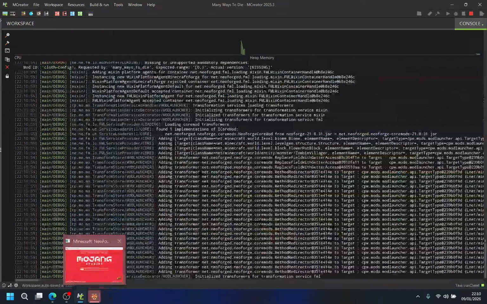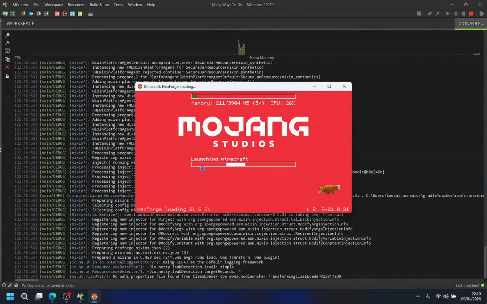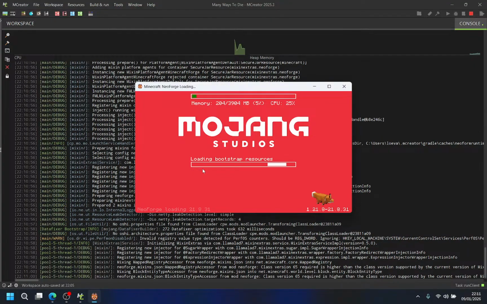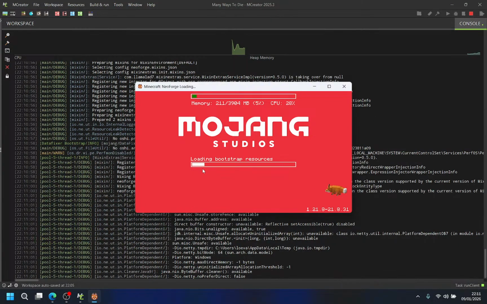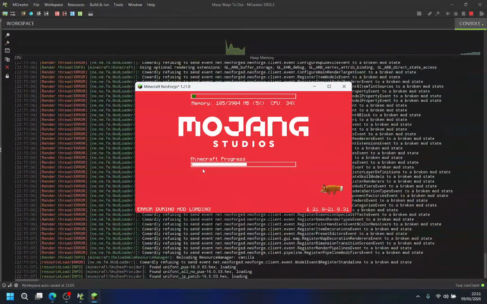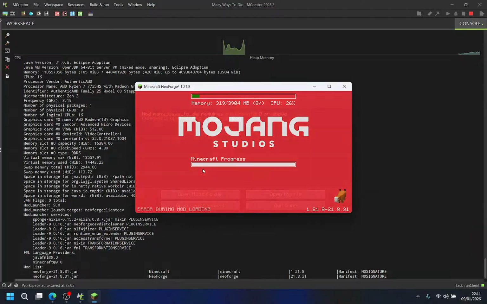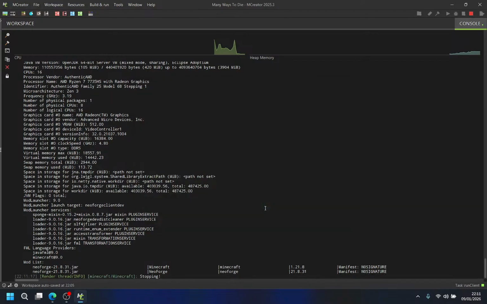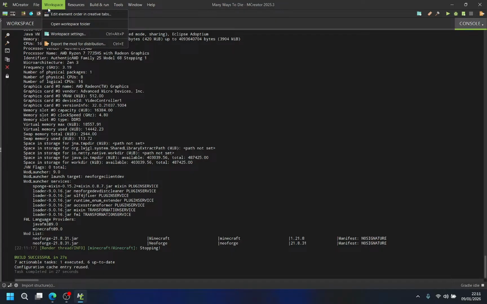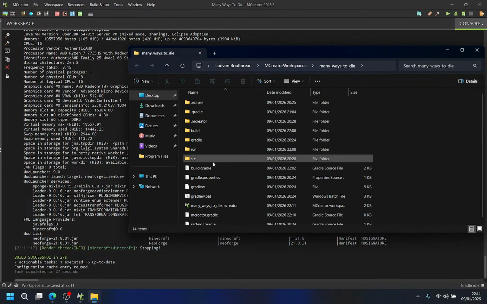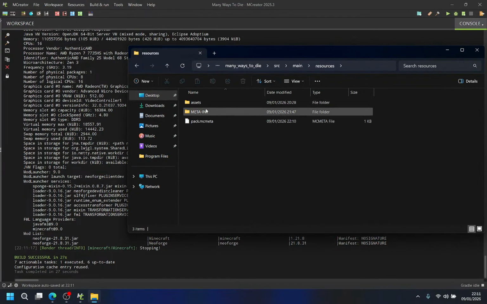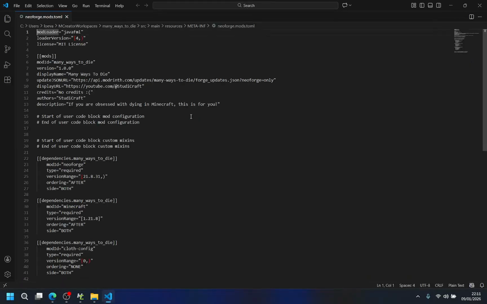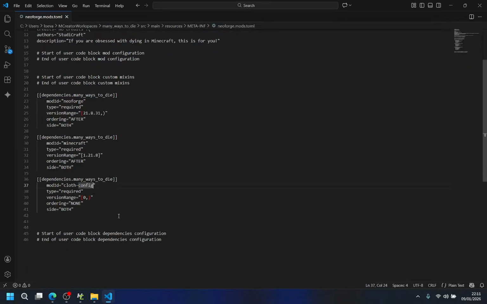The thing with NeoForge is it's fast to launch, but then to load it's slow, and I hate it when it does this. So yeah. All right. Ooh, lots of errors over there. Cloth Config is not installed. What do you mean? Do I need to add maybe the little dash neoforge thing here?